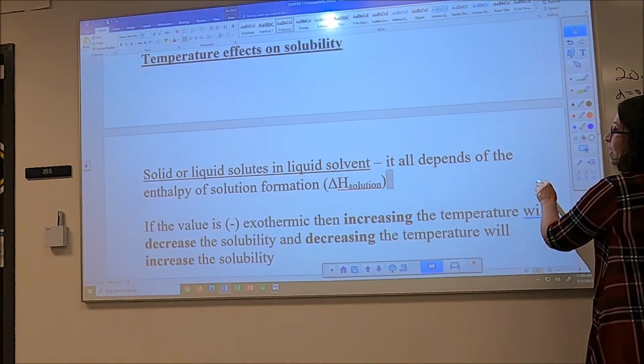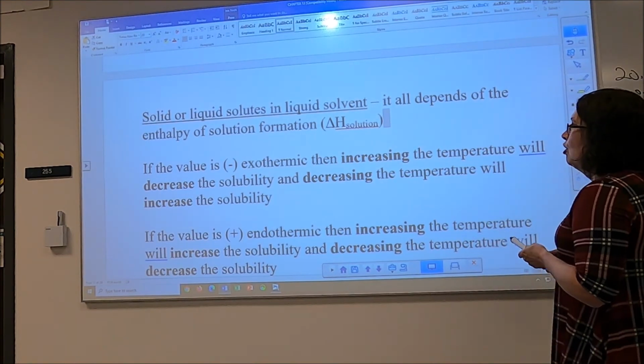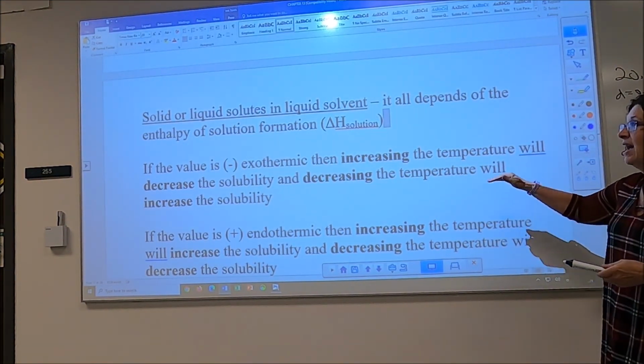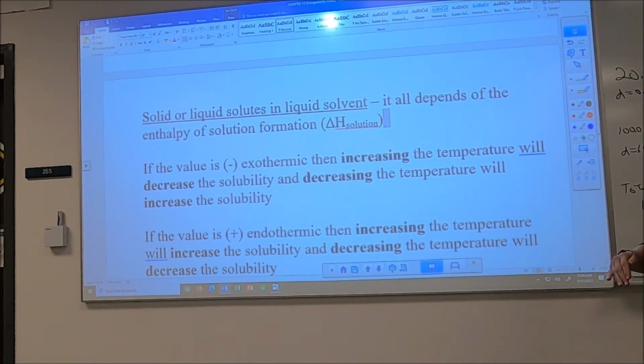So for solids and liquids, dissolving in a liquid solvent, it depends on whether the dissolving process is endothermic or exothermic. If the dissolving process is exothermic, increasing the temperature actually decreases solubility. And decreasing temperature will increase solubility. So sodium hydroxide dissolving in water is very exothermic. If I want a lot of sodium hydroxide dissolved in water, I'd want my water to be at a